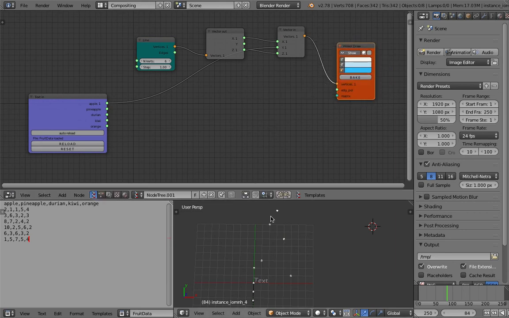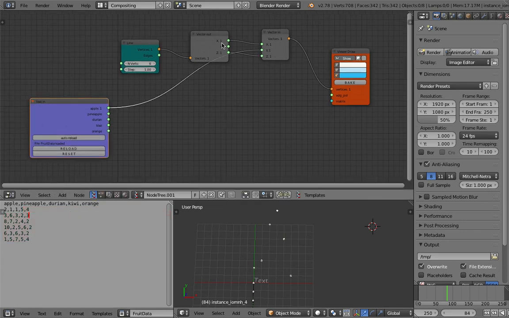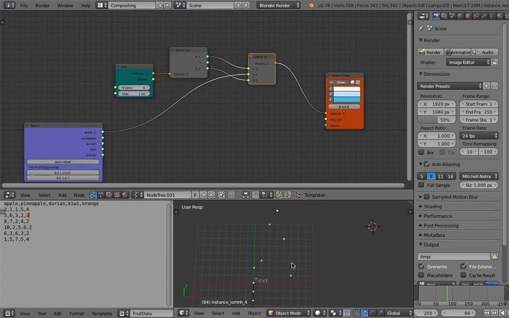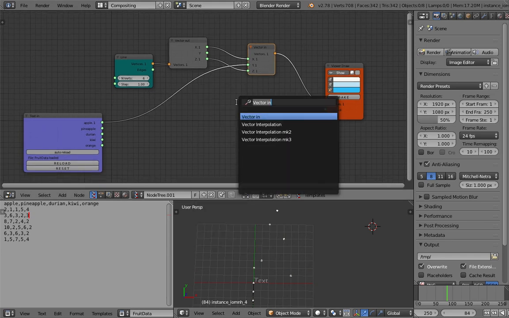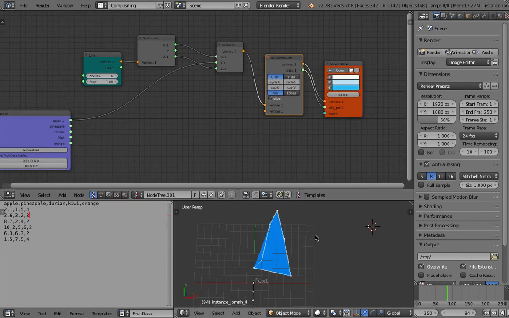We already have the points here. So these numbers, which are just a single list of values, go into the Y of our points, because of course we need the X, Y, Z, right? And currently we're laying it out in 3D. We need the X, Y, Z position value. Okay, so now the next thing you probably want is to use something like UV connections, and then the output